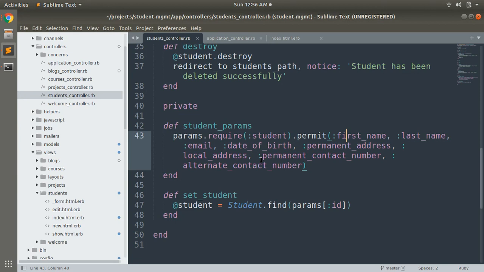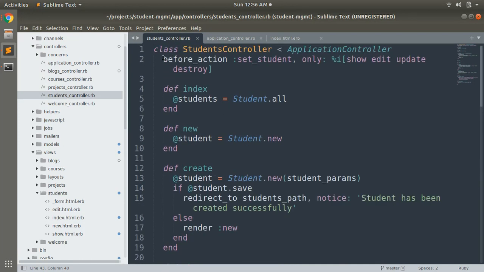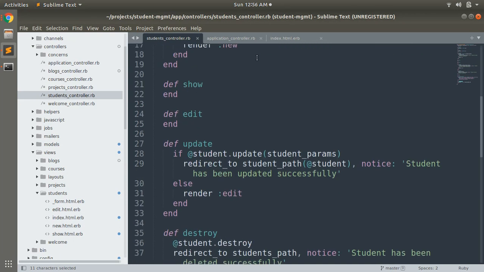Controllers also allow you to use callbacks and filters. In the next lecture we will discuss controller callbacks in more detail, but just for an example, in the students controller you can look at the before action callback. The before action callback means that whatever method you defined as a before action callback, it will get executed before any action which you mentioned in the only or except section. Before the action executes its logic or its query or whatever code you have written there, your before action callback will get executed.